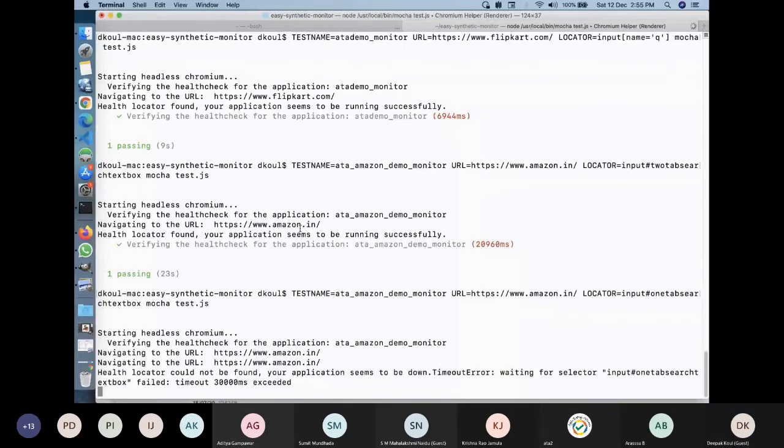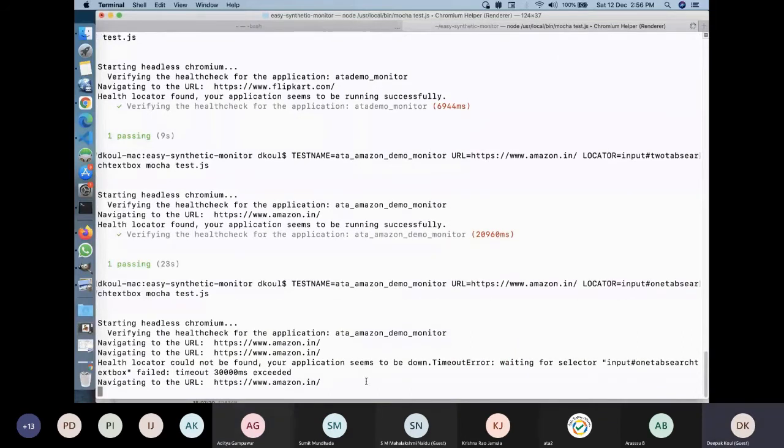All right. So you can see that the locator could not be found. Your application seems to be down, right?